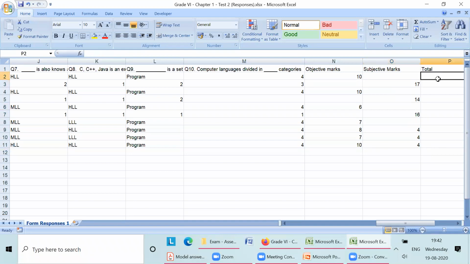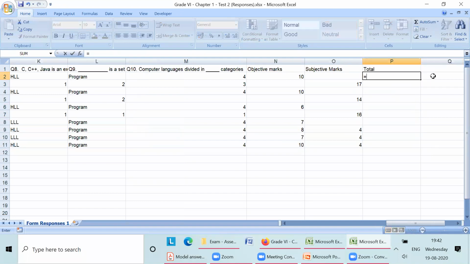After this, these two columns belong to the first student. Here we have to do the manual work because there is no embedded formula in Excel for this. So what I'm going to do, equal to SUM, I will add 2 columns. Equal to sum, opening bracket. I will select this column first. This is N2. I will press the control key and select this column. You have to press the control key. Don't release the control key. Now release the control key and close the bracket. Enter. So you will get the total.